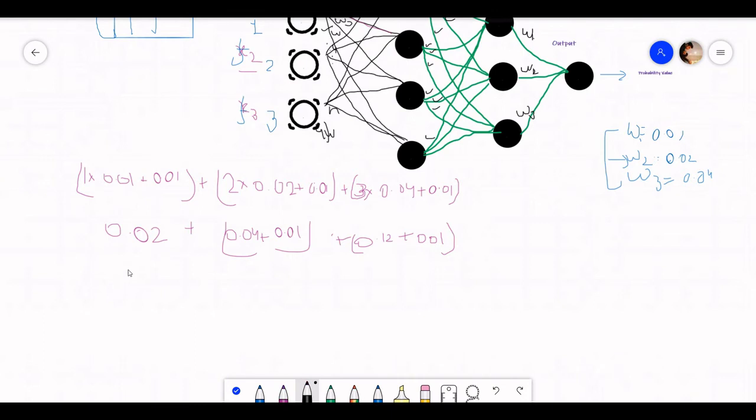Here we got 0.02 plus 0.05, and here 0.13. So this value will become 0.07 plus 0.13, which is 0.2. Now our first operation is complete.